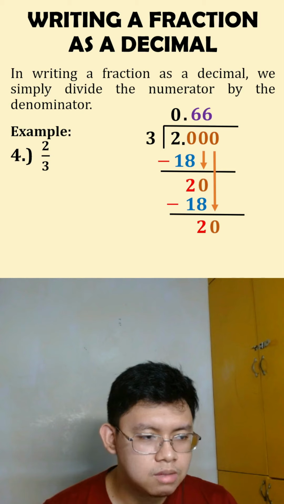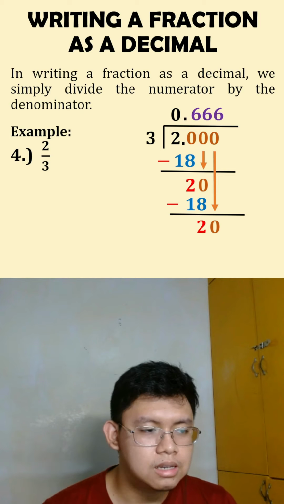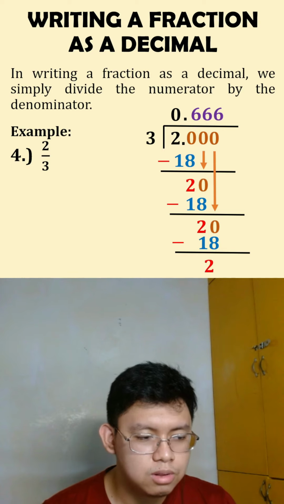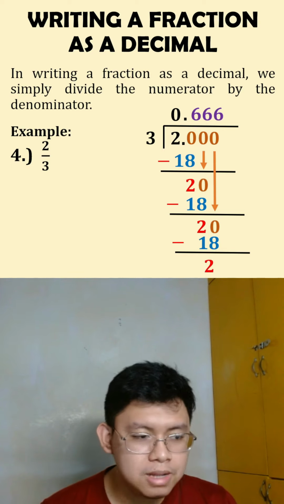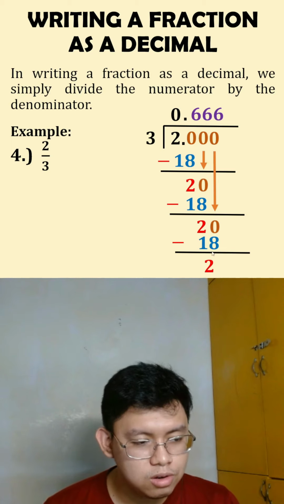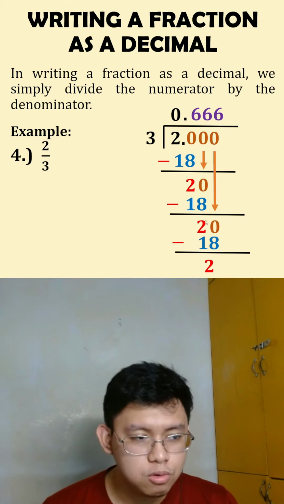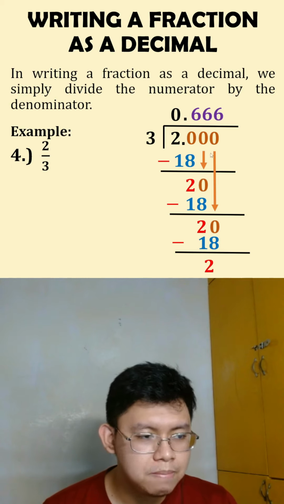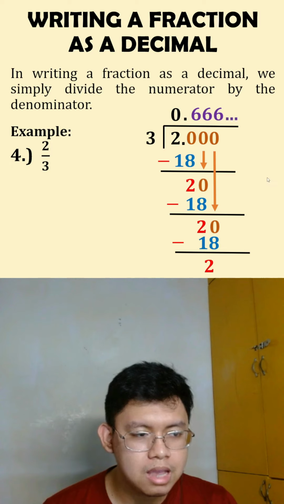So 20 divided by 3 is 6. 6 times 3 is 18. Subtract ulit natin, that will be equal to 2. Now, kung mapapansin nyo, paulit-ulit na lang tayong nagkakaroon ng 2 na difference. So, kung may napansin kayong ganitong repeating, yung ating decimal, then we can say that this will be a repeating